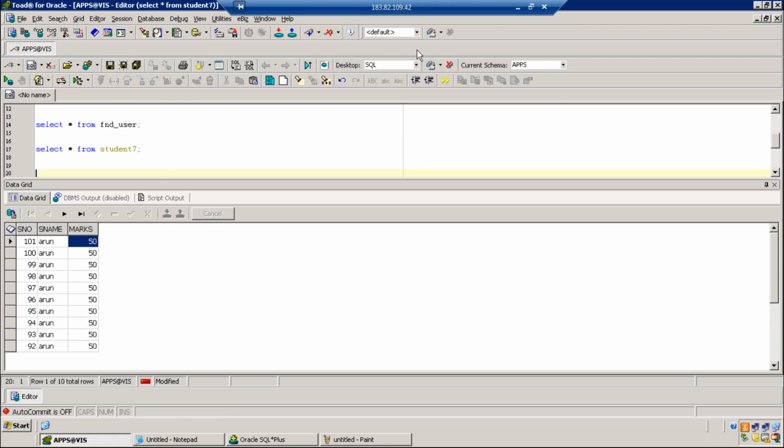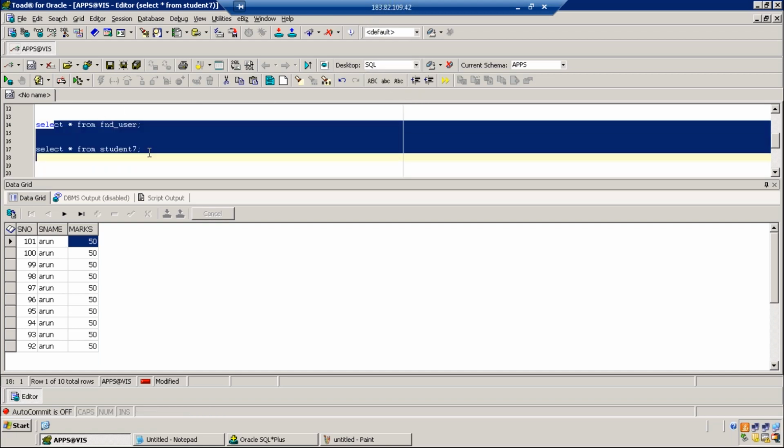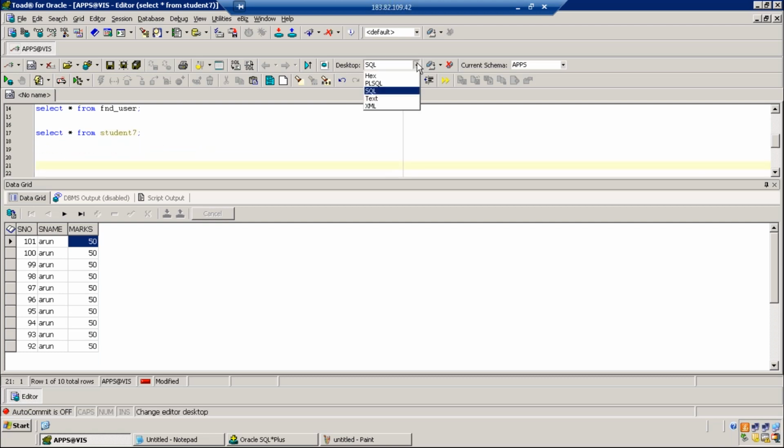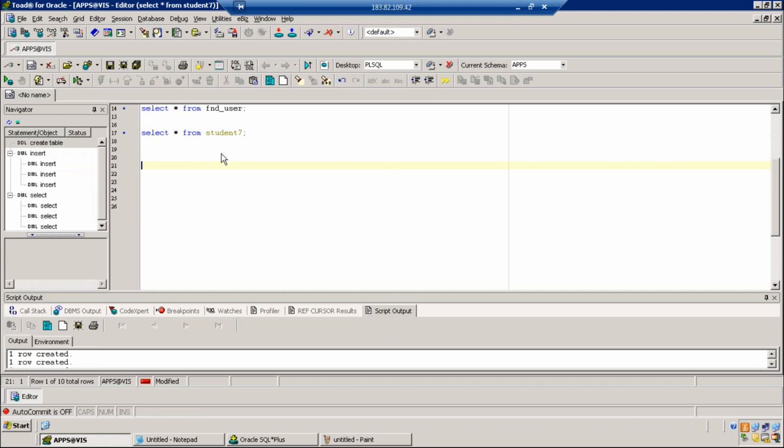Below default there is SQL, PL/SQL, XML. If it is SQL, your environment is comfortable for writing SQL queries. If you're writing a PL/SQL program, then shift it to PL/SQL and start writing the program, declaring a variable as a number. So this environment is helpful for PL/SQL programming.